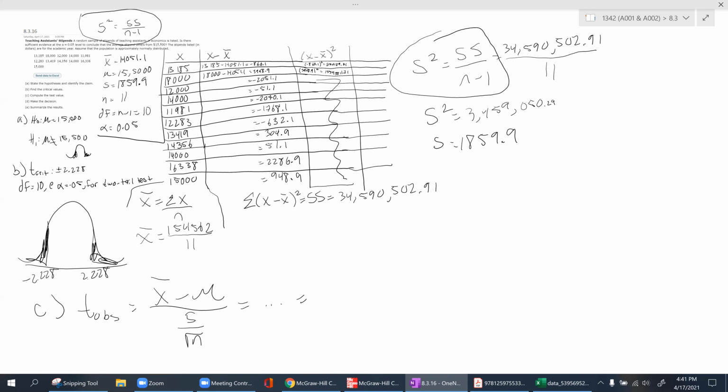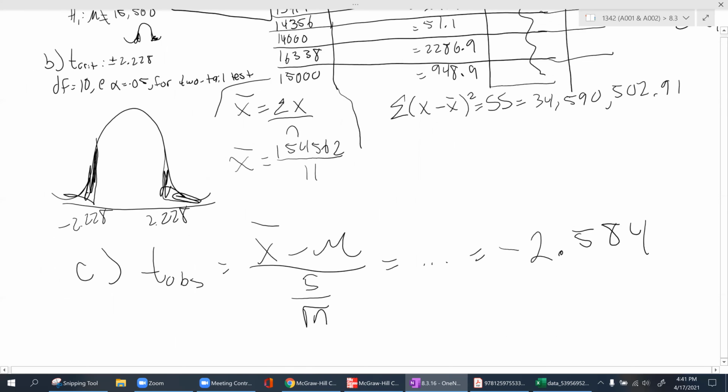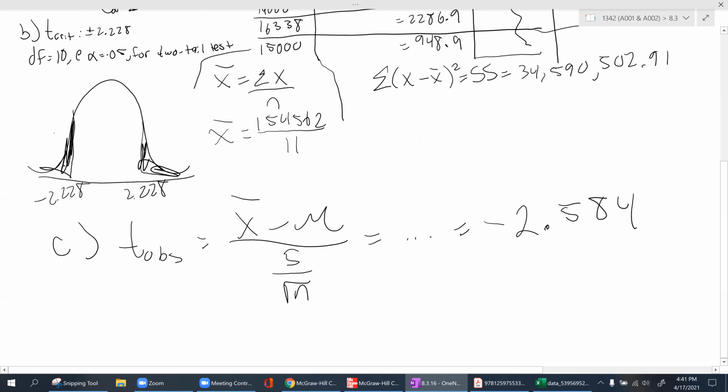You end up finding out that this value gives me negative 2.584. And you want to know, is the observed value within the critical region? It is. For this example, it's on the left side. So yes, therefore, reject